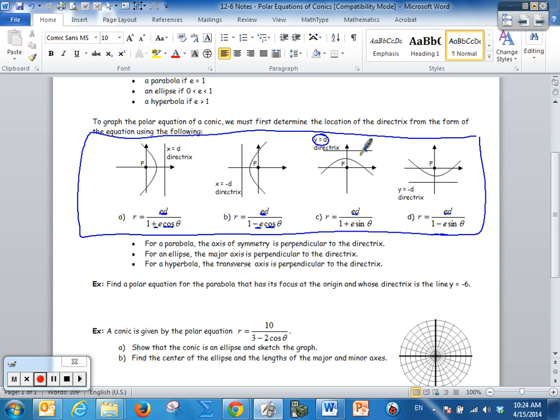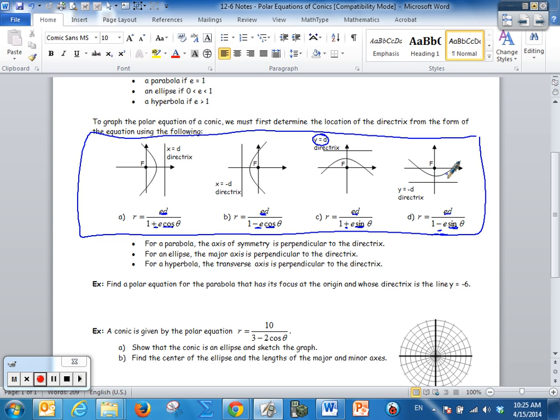Here we have our directrixes are horizontal, and we have sine. These would be y equal equations, right? And we have sine. These would be x equal equations. We have cosine. Those kind of go together, and whether it's positive or negative determines which side the directrix is on. Notice that when we find the directrix, we're going to be able to determine where the conic is graphed,